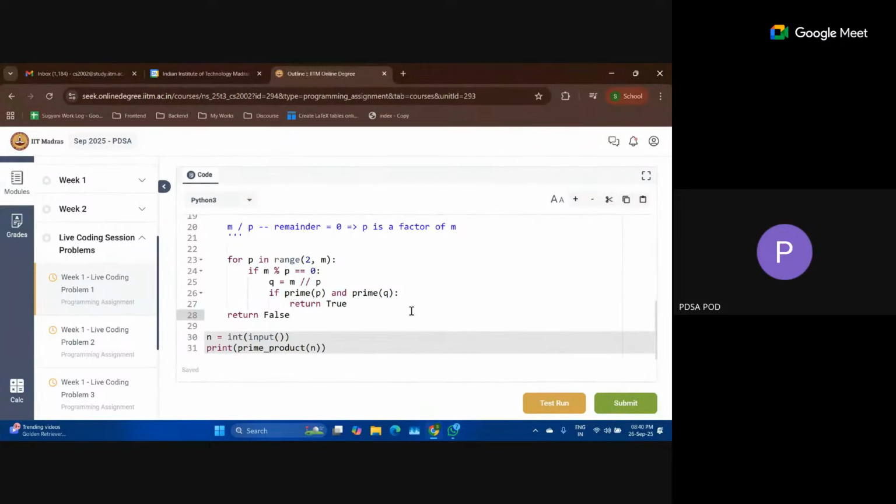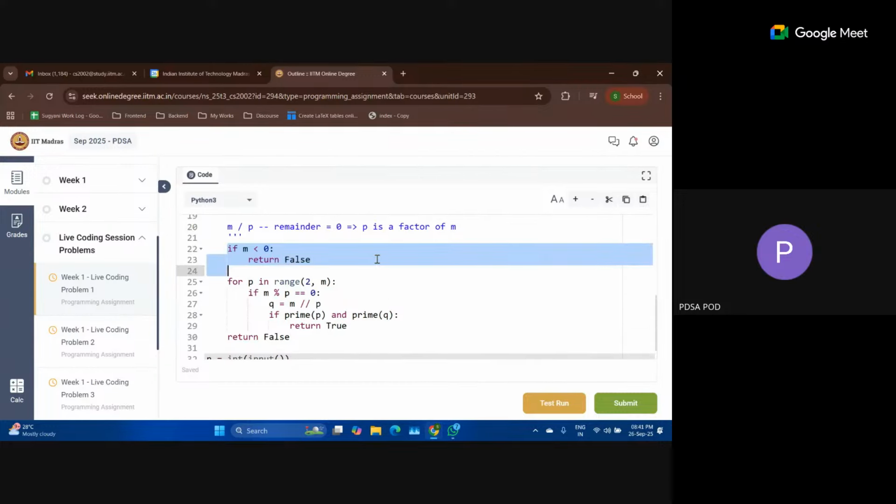Even if you input m equal to 0, -1, -2 or whatever, it will automatically return false. So whether I write this statement over here or not, it is redundant. Even if I write it, it will not give any problem or issue.